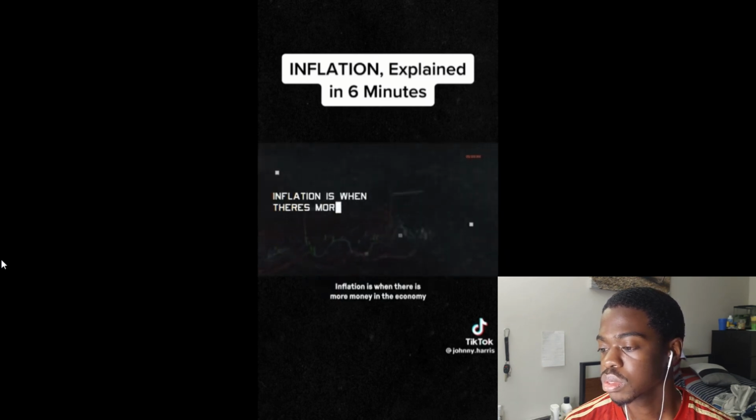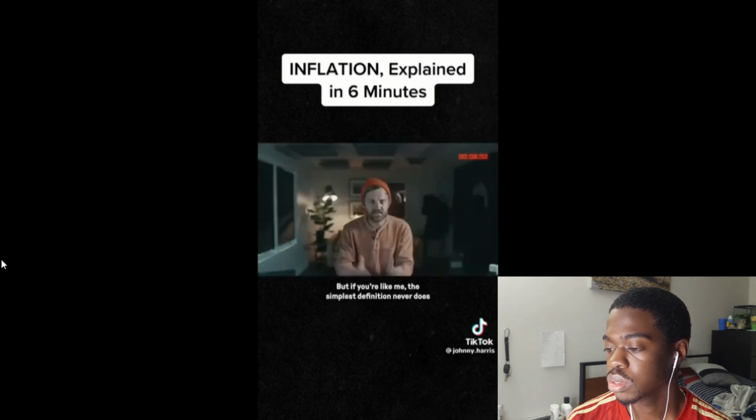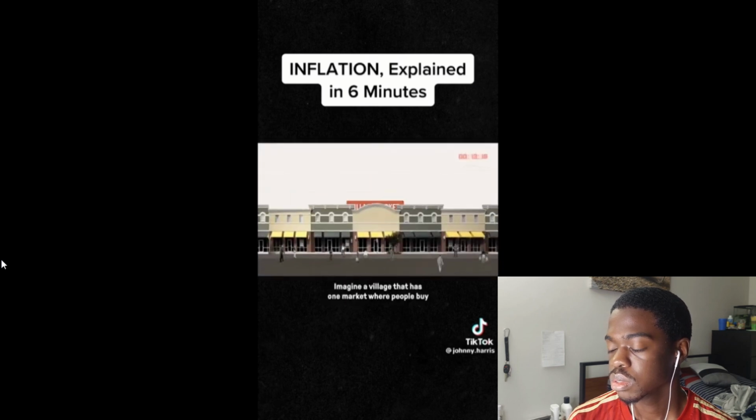Okay, first up, the simplest definition. Inflation is when there is more money in the economy than stuff to spend it on. But if you're like me, the simplest definition never does it for you. So let's try this. Imagine a village that has one market where people buy all of their stuff, their food,